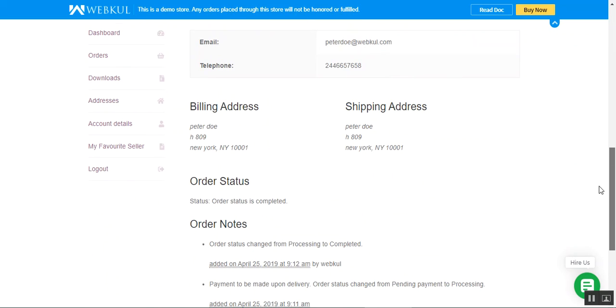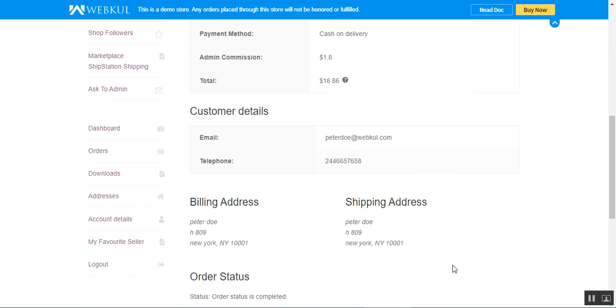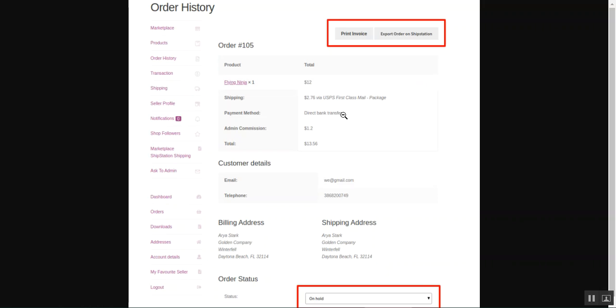So you'll be thinking, where is that particular order changing option here? Let me show you that for a pending order. It's a new order that we have received, and the order status can be changed by going to the order status section, and from the drop down we can choose the respective one, and thereafter we can make the changes to the order, and thereafter you can print the invoice, and you can also export the orders onto the